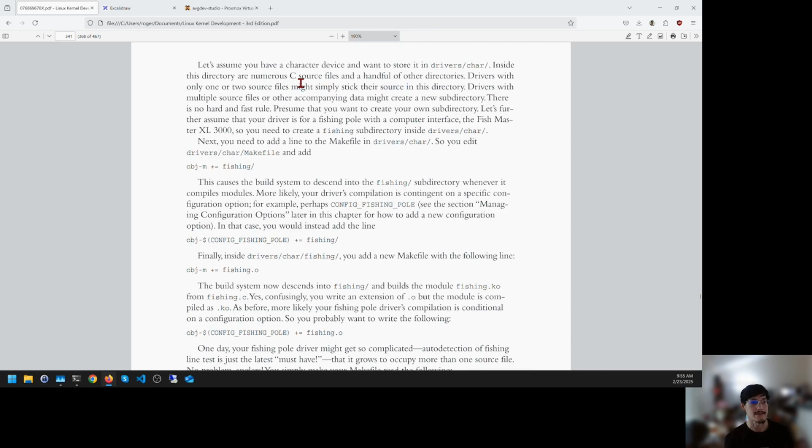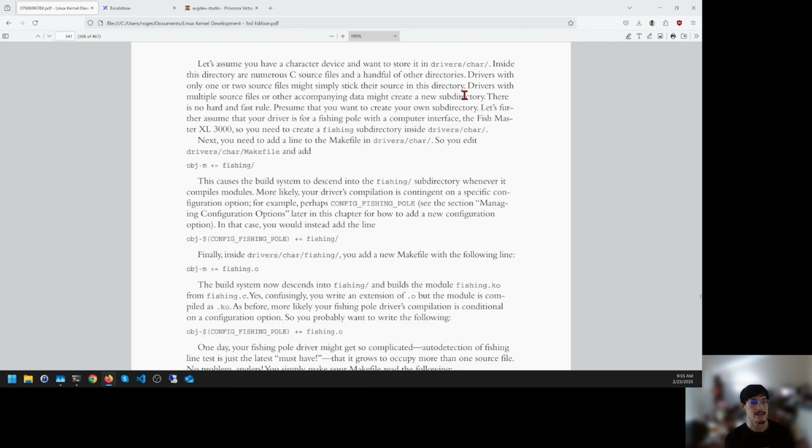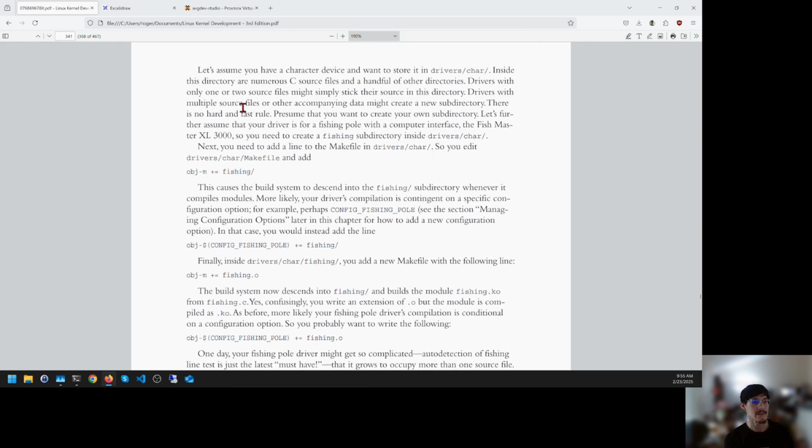Okay, so whatever. Drivers with only one or two source files might simply stick to their source in this directory. Drivers with multiple source files or other accompanying data might create a new subdirectory. There is no hard and fast rule. Presume that you want to create your own subdirectory. Let's further assume that your driver is for a fishing pole with a computer interface, the Fishmaster XL3000. So you need to create a fishing subdirectory inside drivers/char. Next, you need to add a line to the makefile in drivers/char. So you edit drivers/char/Makefile and add this: obj-y += fishing/